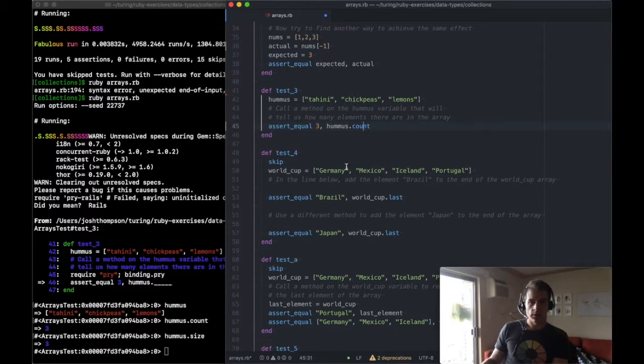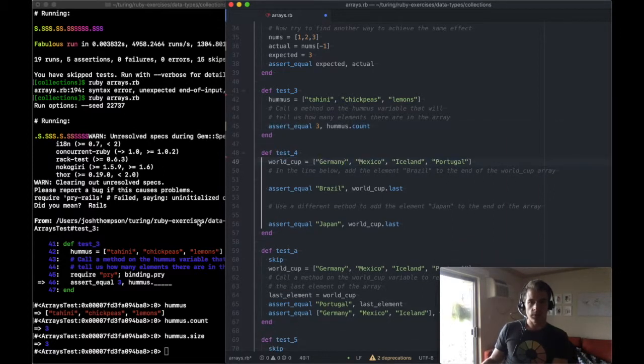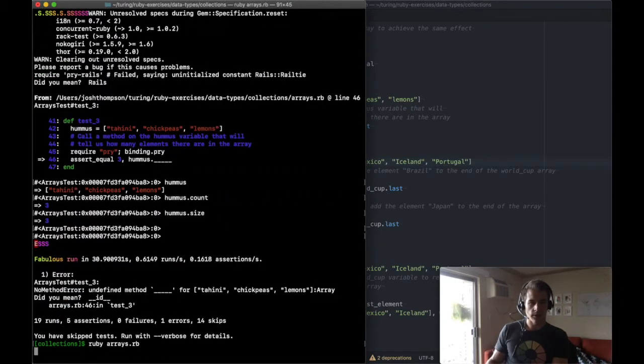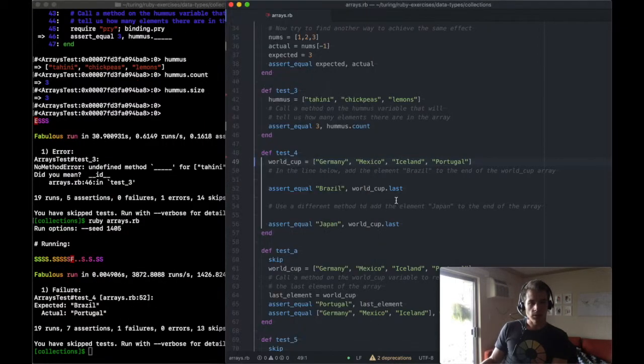All right. Let's start picking these up a little bit quicker now. So let's see, line 52, assert equals. So there's two assertions here. We should keep that in our minds when one of these is going to pass and one of these is going to fail. The line below, add the element Brazil to the end of the World Cup array. Assert equal Brazil World Cup dot last. Okay, so we've got,